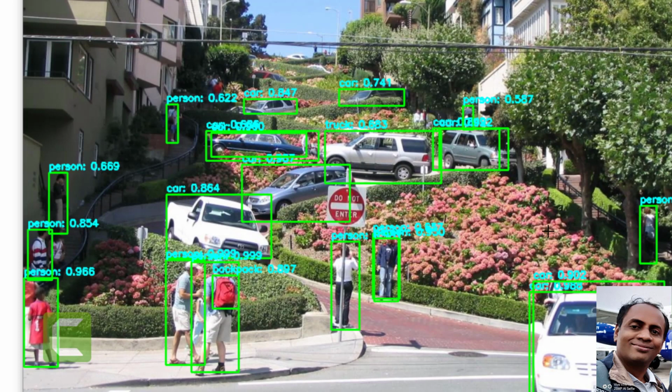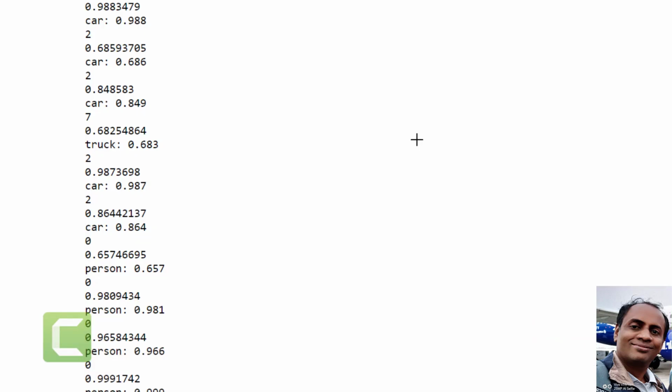So we actually were able to detect the objects in the image. We have drawn the bounding box for each object, and you see every box has the label, that is person, and the probability. Person and the probability, and this is a car and the probability is 0.864. This is another car, 0.902. And why do we have more than one bounding box? Because we haven't removed the redundant boxes. So this is giving the detection for each of the boxes. Okay, this is good.